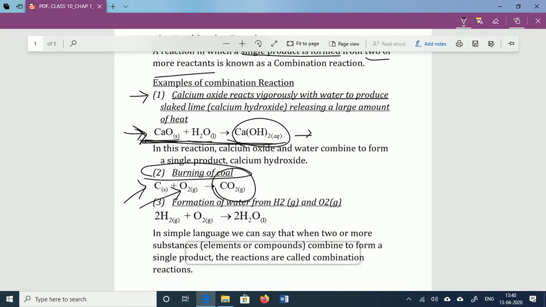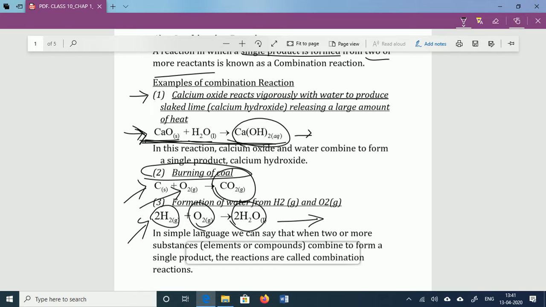Third one, when hydrogen gas is burned in the presence of oxygen, it will produce H2O as a byproduct. So burning of hydrogen gas in the presence of oxygen produces the water molecule. Actually this hydrogen gas is used as a fuel in rockets. So when hydrogen gas burns in the presence of oxygen, it will produce the water molecule. So it is also an example of